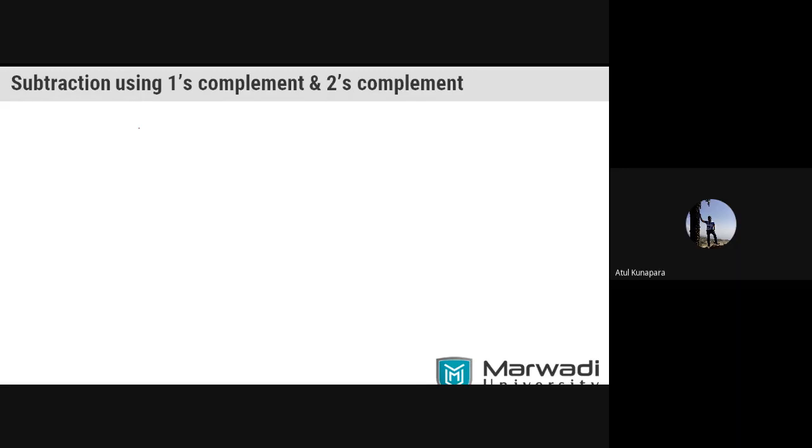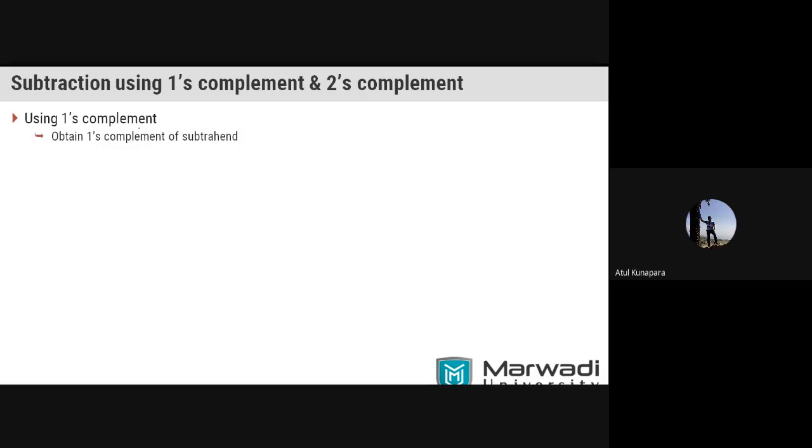Now we want to do the subtraction using the ones complement and twos complement with binary numbers. First, what you have understood is subtraction in the decimal number system using nines complement and tens complement. Now, in a similar way, what is going to be performed in your digital circuit is in binary form. So in binary form, similar to 9s and 10s complement, here it is 1s and 2s complement. First let's see how you can do the subtraction using 1s complement.